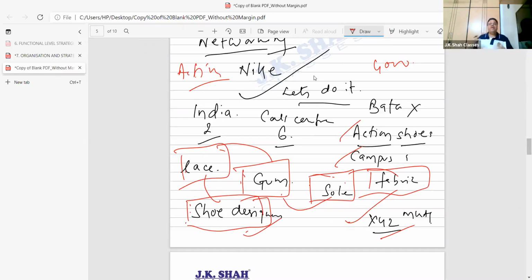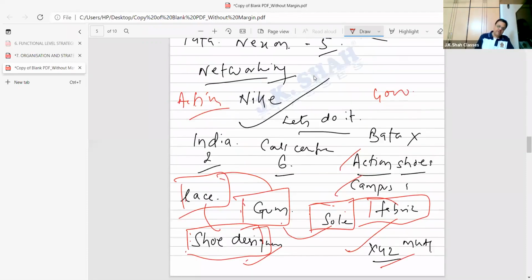Nike is coordinating between all these particular people, and this organization comes. What is this kind of organization called? Come on, networking. So it's not a real organization. It is only, come on, tell me, a virtual organization, which is lying at scattered places. One more example. I'll give you 2-3 more examples, but pay attention.